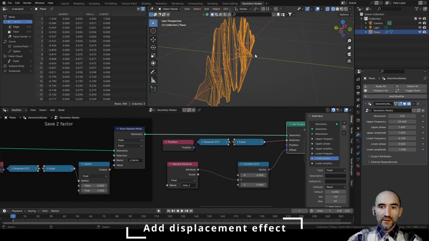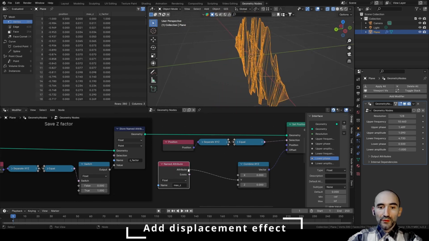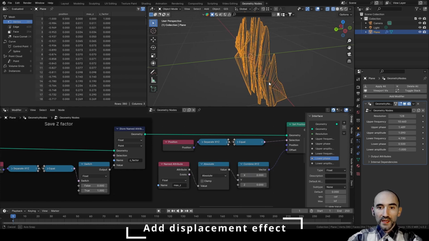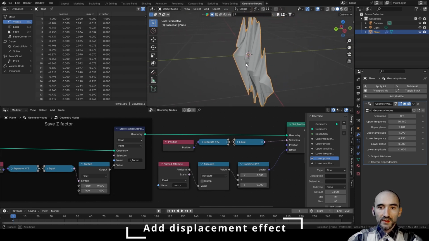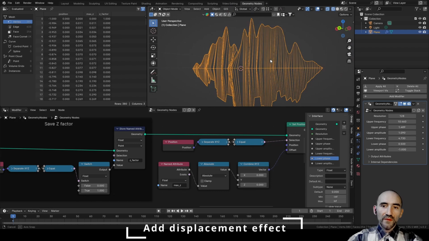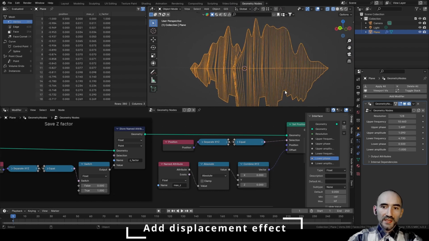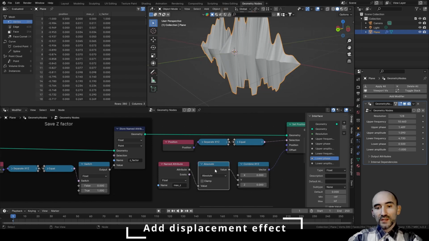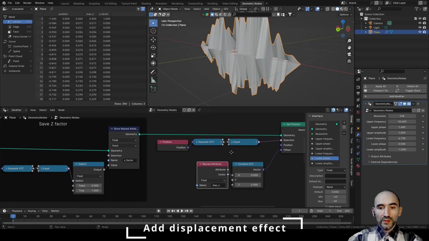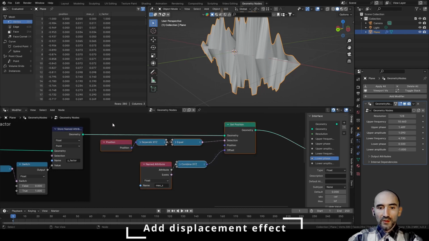So if you don't want to have this shifting, but you always want a positive shifting in the Y direction, you need to add here an absolute node and link these to the Y, and this is the final result. So I always have a positive shifting based on the mixing value of the positive and the negative Z of these points. It's your choice. In this example and in the file that you can download from my Gumroad page, you will not find the absolute node. I can press H, select all these nodes,